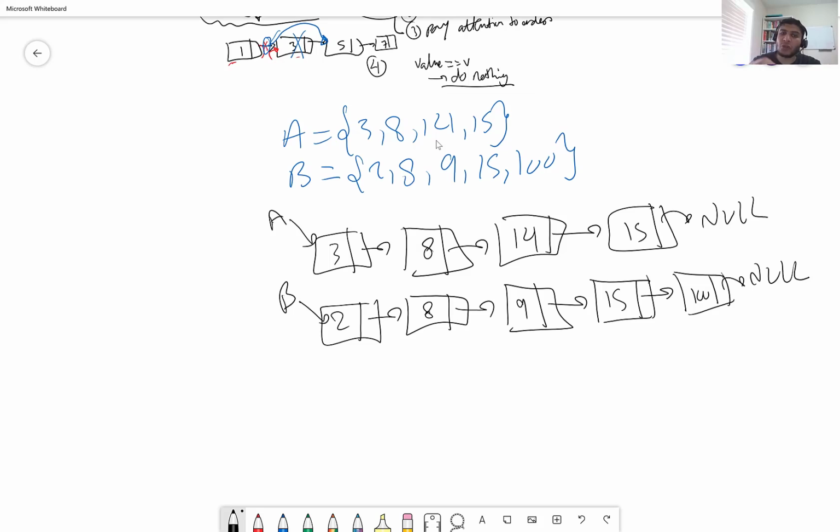The first thing is you should determine your starting point of the new list. For example, in the new C list, what should be your starting node? What do you think? Should be 2, right? Clear from this example. So how did I know this? You really compared, Mark compared this and this, right? So the first thing is you need to compare your heads to know what is smaller, and this should be